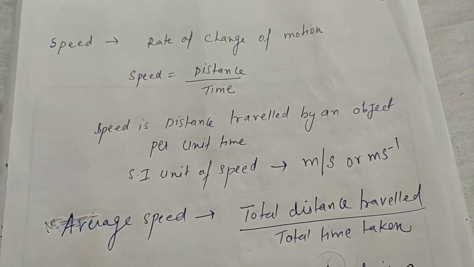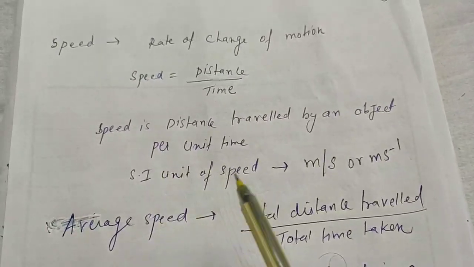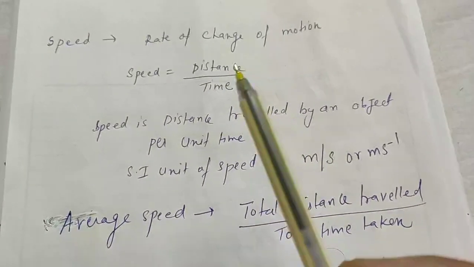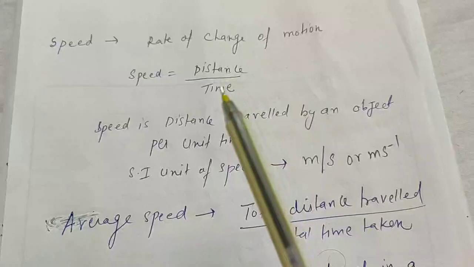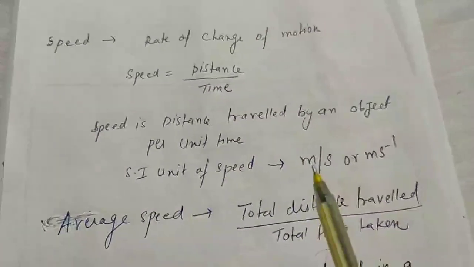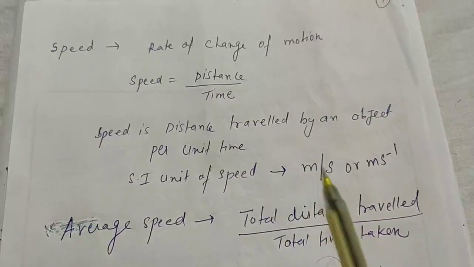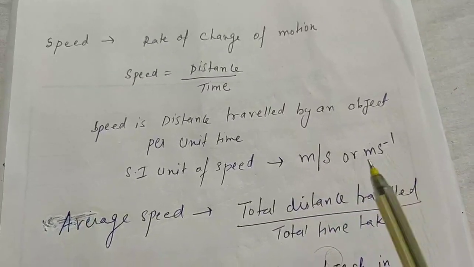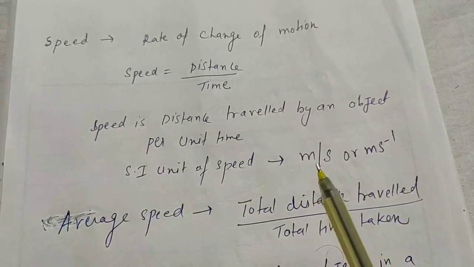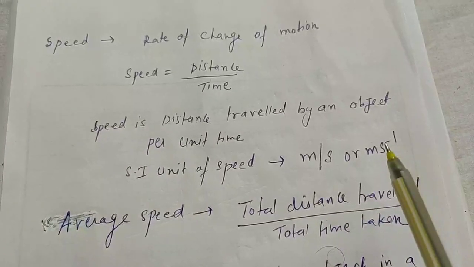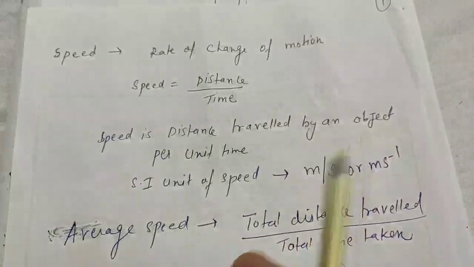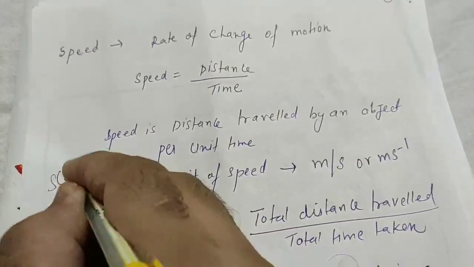that is your speed. So the SI unit of speed is meter per second, because we always calculate distance in meters. The SI unit of distance is meter and the SI unit of time is second. So the SI unit of speed will become meter per second. We can write it this way: m/s or ms minus 1. If you are not using the slash, then it has to be m s raised to the power of minus 1. Clear? That is your speed,